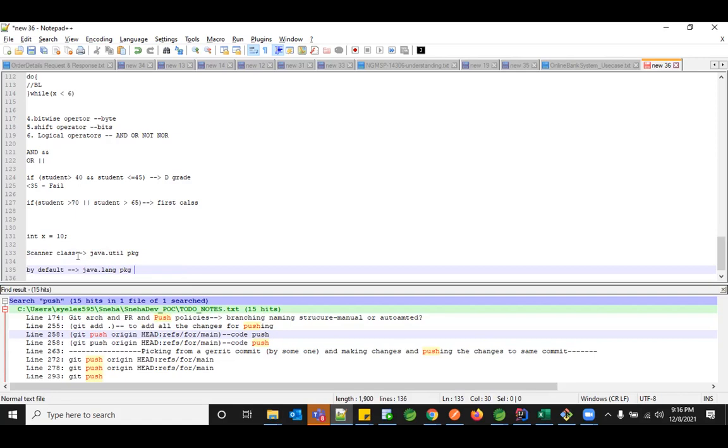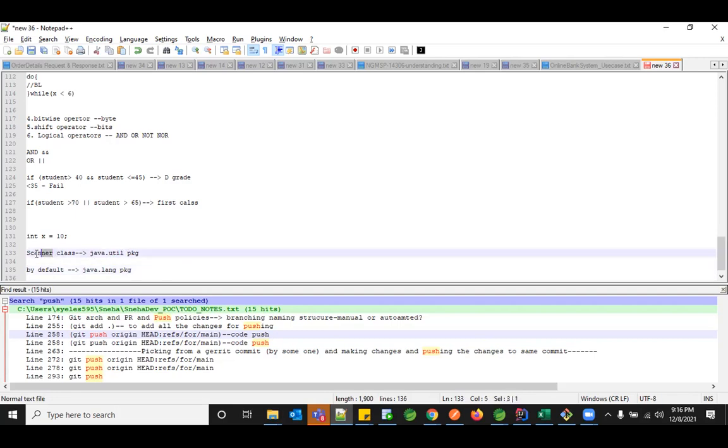That is where you're able to create a new object and access it, right? By default we have that and we don't need to import it. So you don't need to import this java.lang explicitly, it is implicitly provided. But if you want to use some other functions, in that case, you need to import them explicitly.